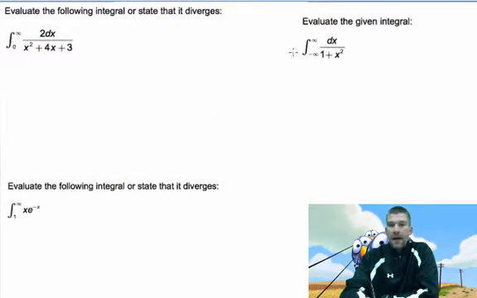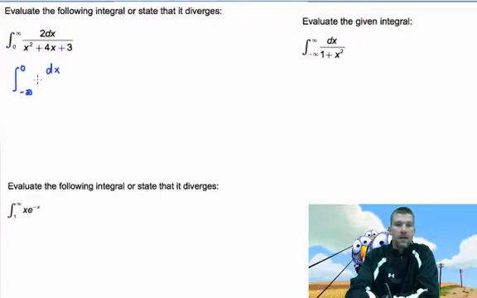This last guy is really, really interesting. So we've got the improper integral from negative infinity to infinity of dx over 1 plus x squared. So what we're going to do is separate that out. I'm going to fill up all this space right here. We're going to take that guy and rewrite him as negative infinity to 0, because we can pick, of dx over 1 plus x squared,